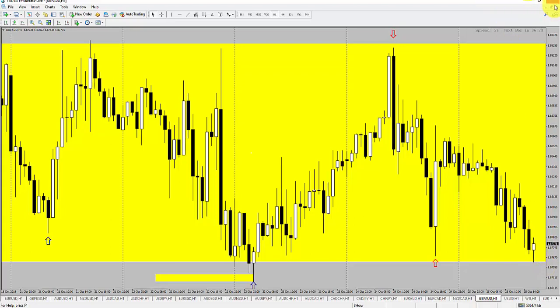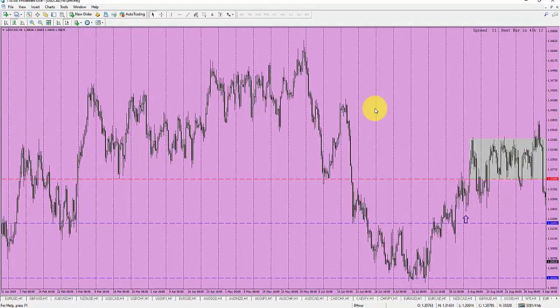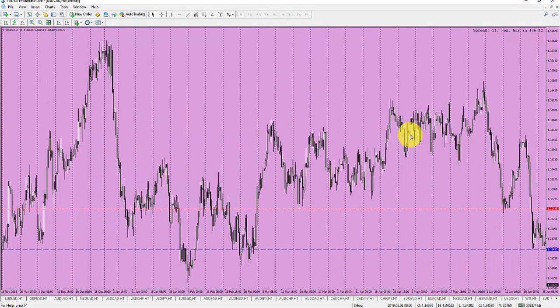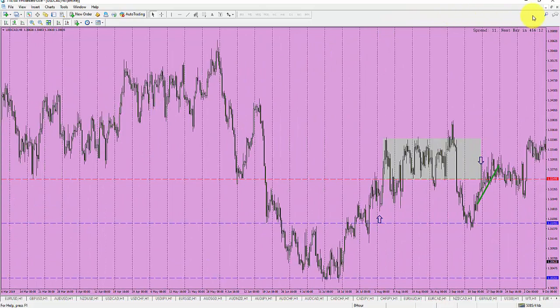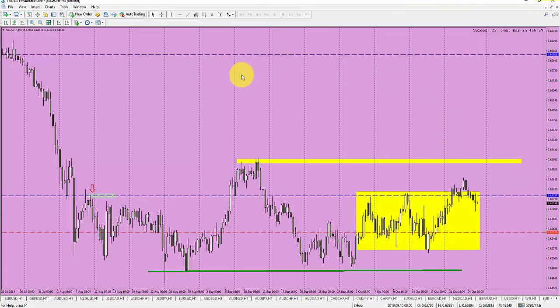We'll see. And in terms of another system that may work, say during trending markets, you could look for, let's see, for example here, we could pull anything up really. This is the Canadian dollar 8-hour chart. Let's see if we can find, that's actually not a very good example of a trending market. So let's see if we can find a better trending market